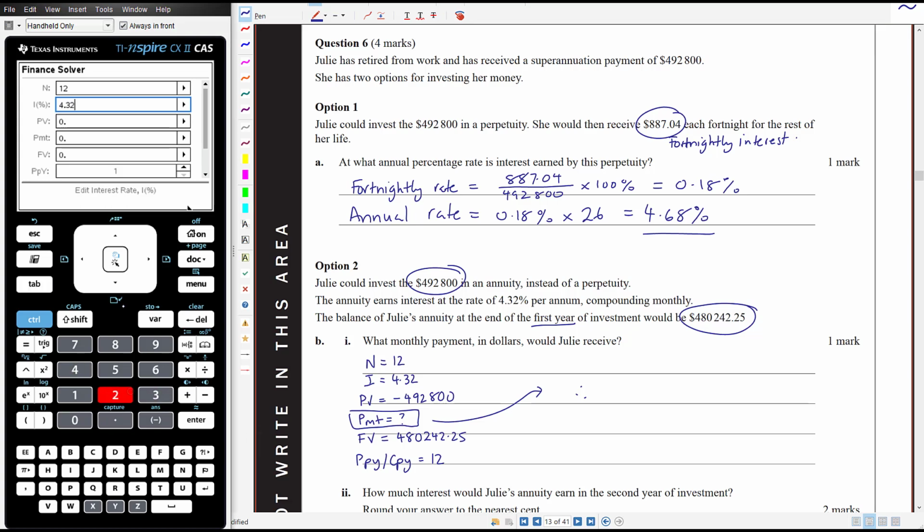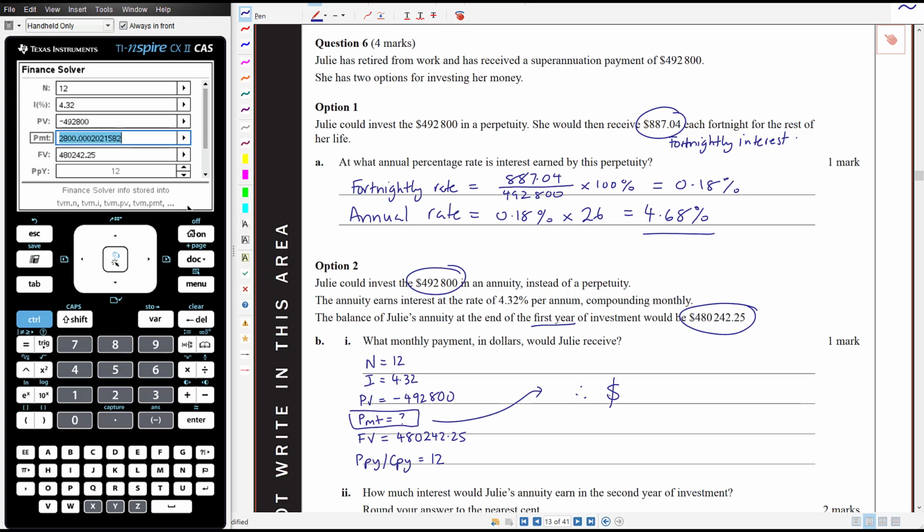4.32, negative 492,800, payments what we're trying to work out, future value is 480,242.25, and monthly, so 12 payments per year, compounds per year. Alright, enter on the payment, and so the payment is going to be, and it's positive because it's coming from